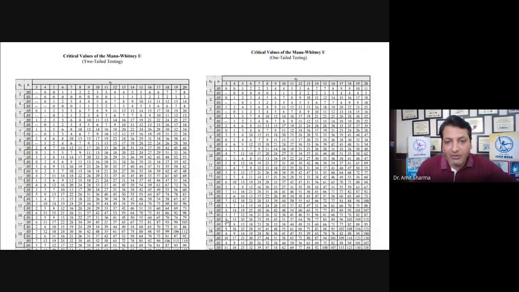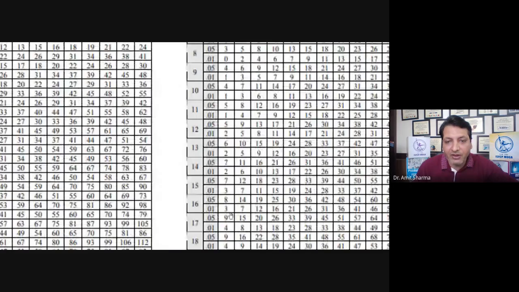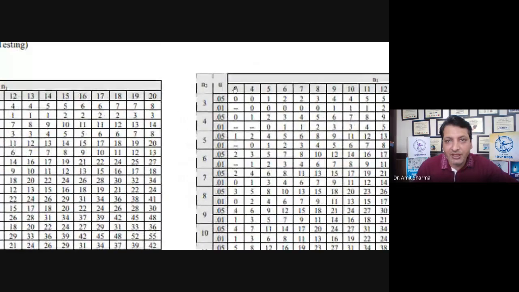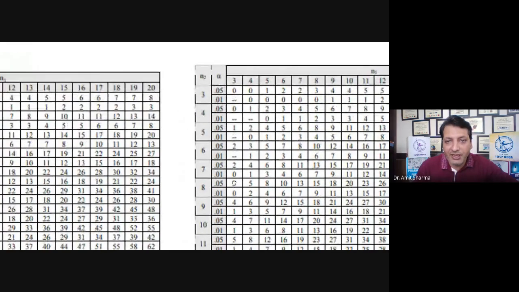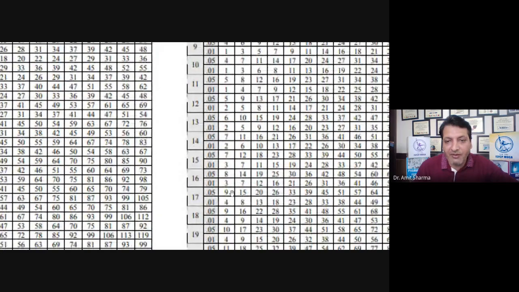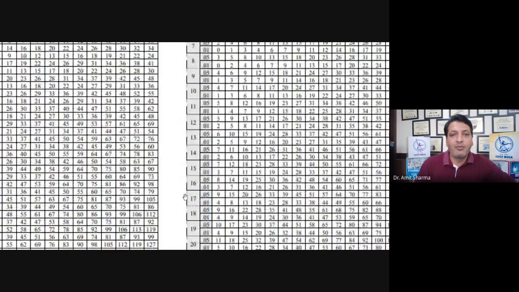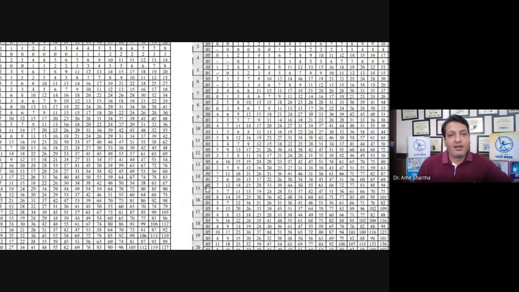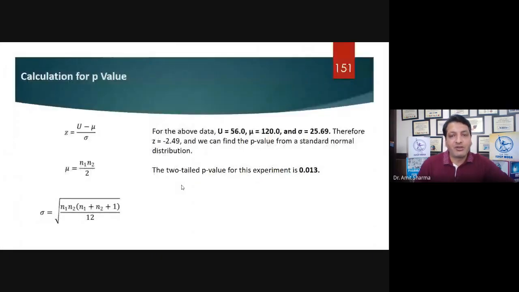We have got the value 9. On the top you have to see the column of 3, and the row I'm taking is 17. In front of 0.05 we have the value 9. So this 9 we are going to compare with 3. So we can quote our results also.